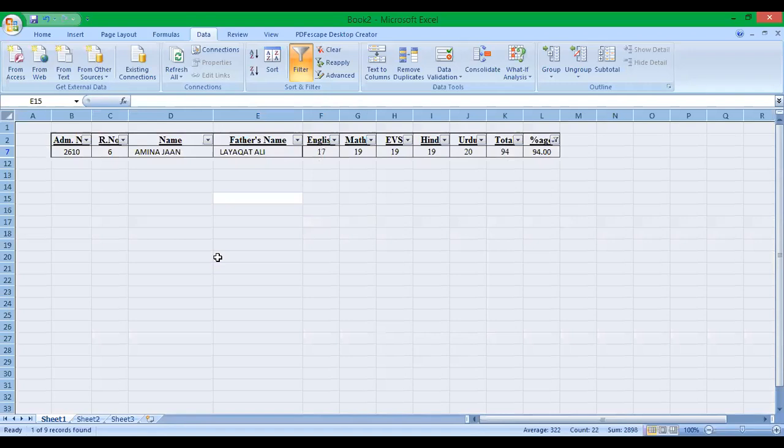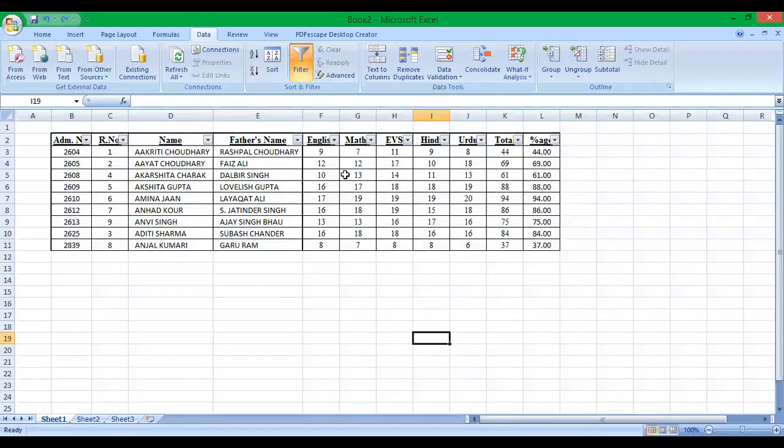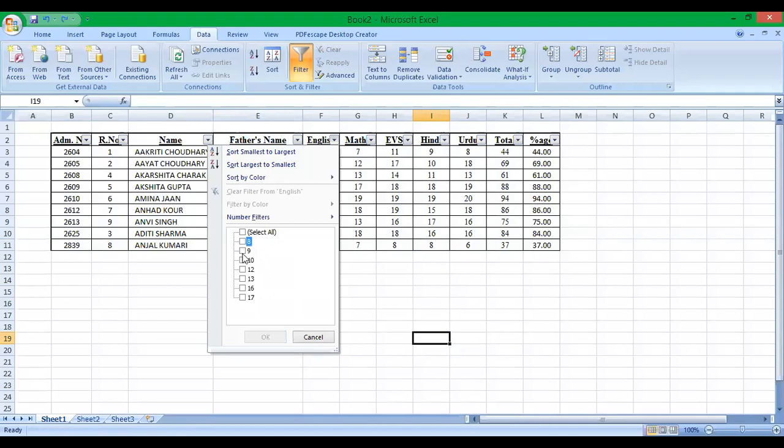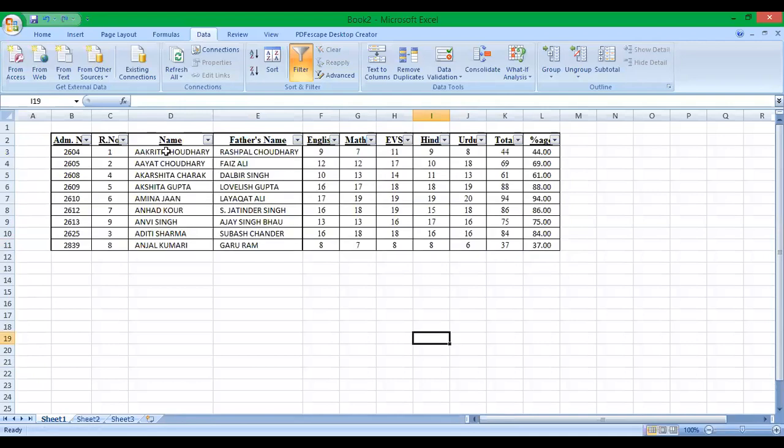If that is also not the case, who has scored less? We'll go to the English, select all. 8 is the lesser marks. Okay, fine. Anjal Kumari has scored the least marks in English. Same I can do with maths. Who has scored less?